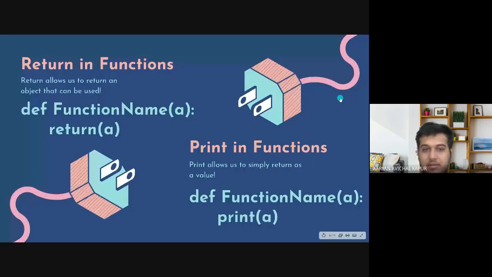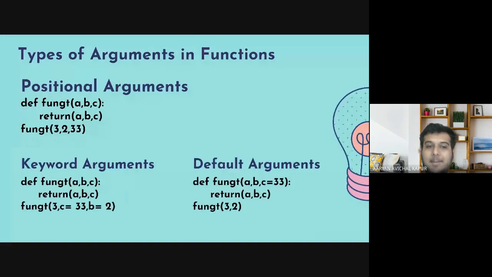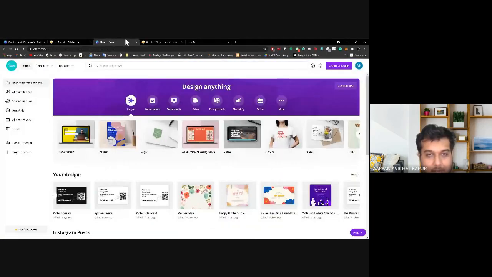Right. So now let us move ahead and look at the types of arguments. As you could see, we were passing only one argument. In real programs, we have several arguments that we pass. We will look into examples, but let us see how they are being passed. Let me show you that using examples itself.